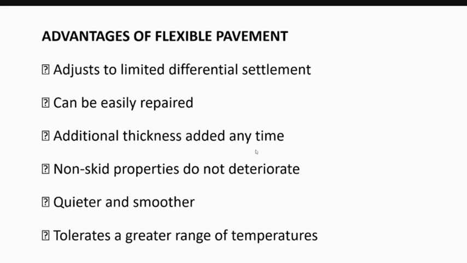For example, the pavement is near to its design life. For example, it's designed for 5 years, and at the fourth year the pavement is getting failed. But you want to extend it to more time, instead of 5 years you want to extend to 6 years. Then one more layer can be made on that existing pavement, or if initially itself the pavement has failed, then one more thin layer can be made on the existing pavement, and a new flexible pavement can be made, right?